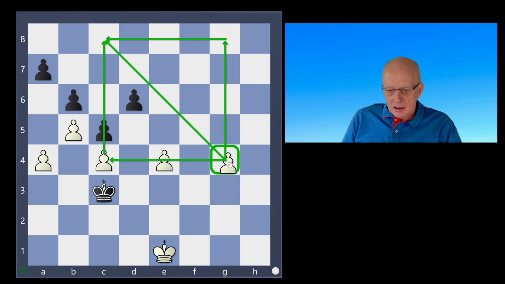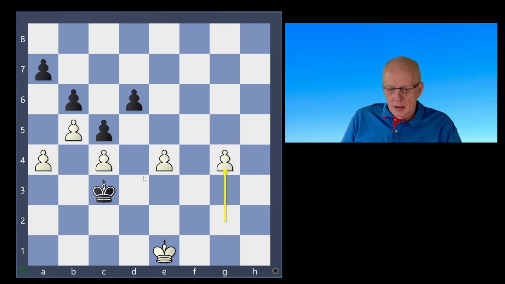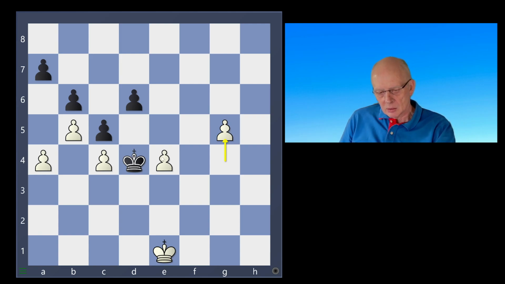So let's analyze the move g4. It's clear now, if the black king takes on c4, that after g5 the king cannot go to d5 because of the pawn on e4. So that doesn't work anymore. So black is forced to play king d4. Now you would say playing e5 doesn't make any sense because the king takes it. That's true. But white plays something else. White plays the move g5, and now we have